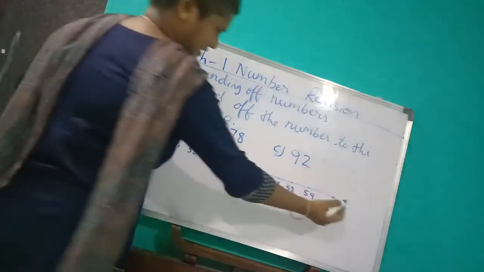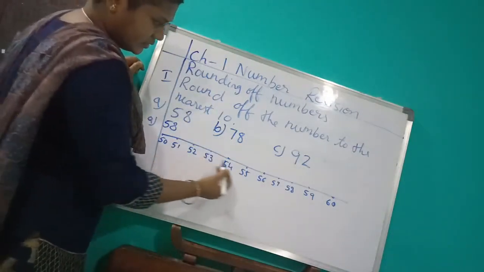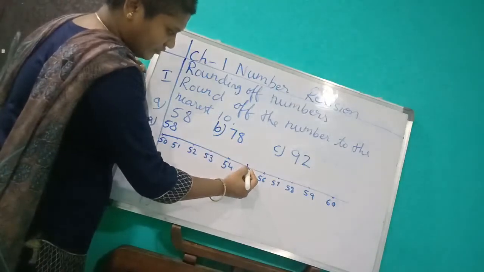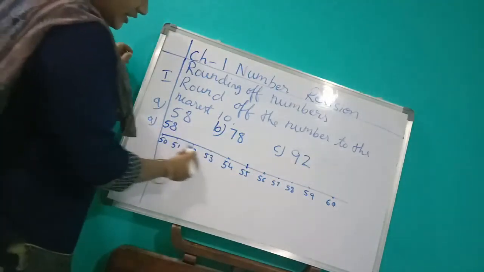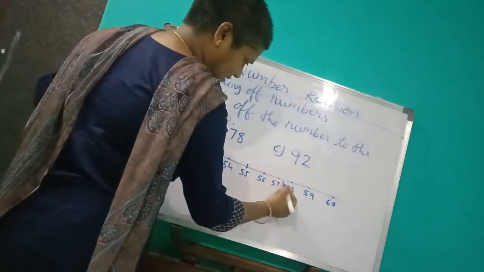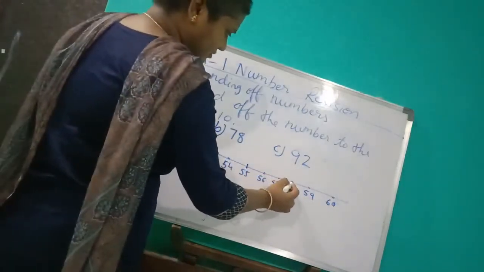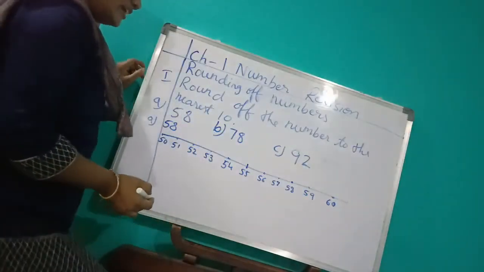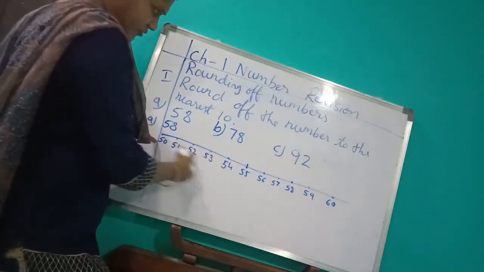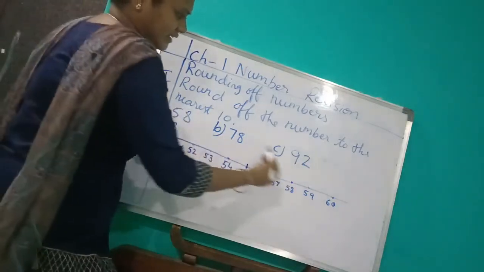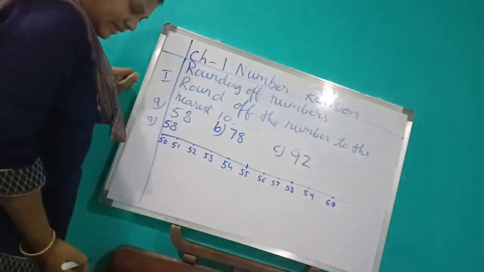See, because here 58 they given, that's why you should draw the number line and you should write 50 to 60. Which one is middle number in this? See, here 55 is the middle. So 58, where is it? Here. 58 is here. Here, in this 58, which number will come nearest to tens? See, 50 is very far from 58. Yes, nearest which number is there? 60 is there.